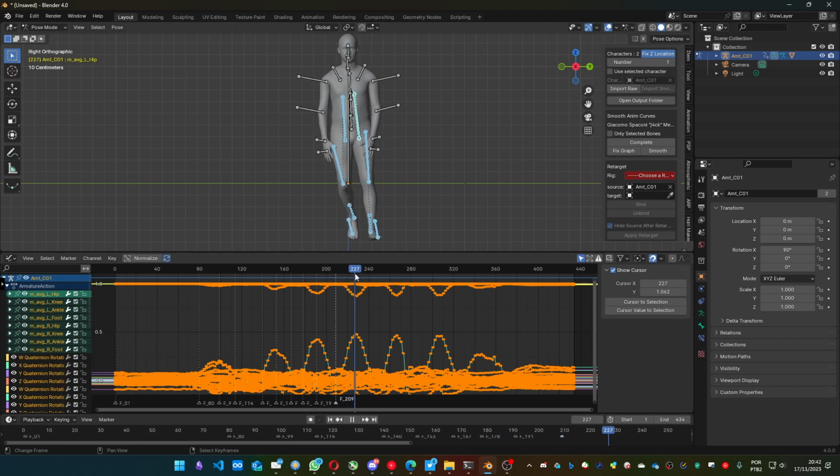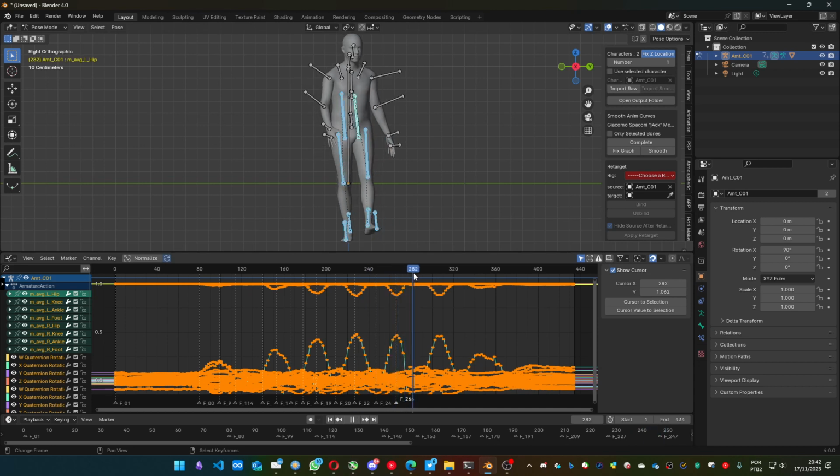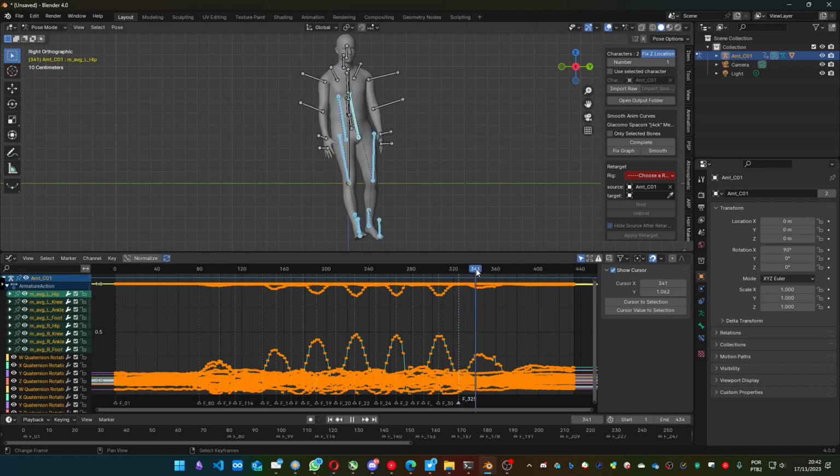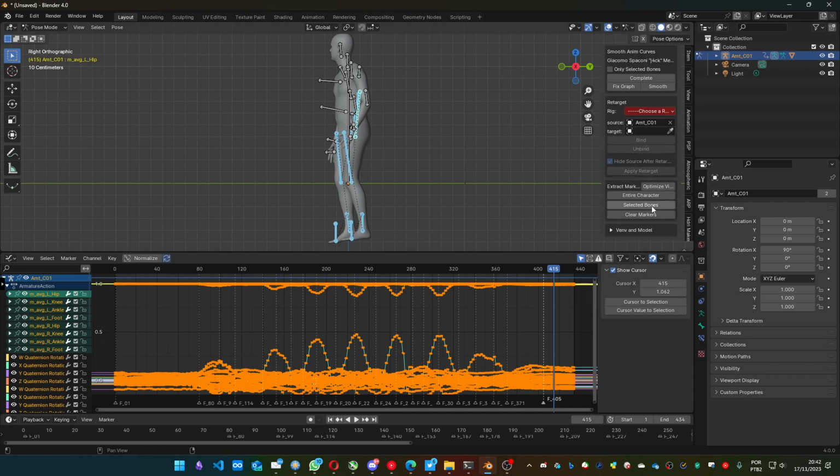I'm gonna do it really fast just for an example, but you should try to see what are the best places for you to select. I think it's done. Okay, so I created a lot of markers for these bones,